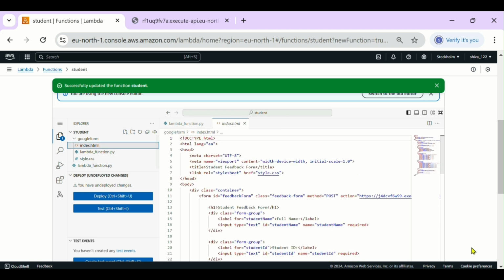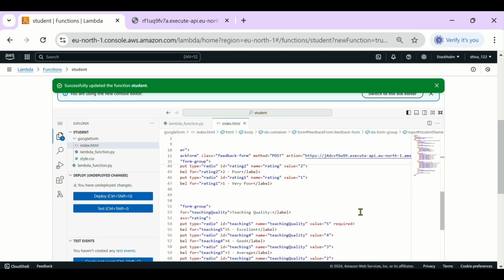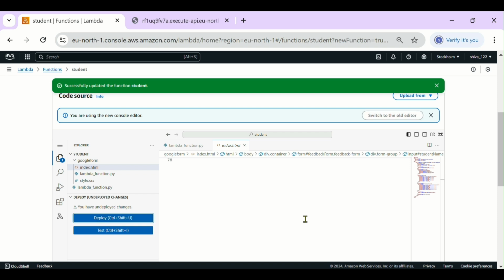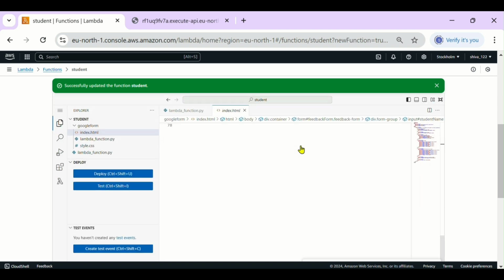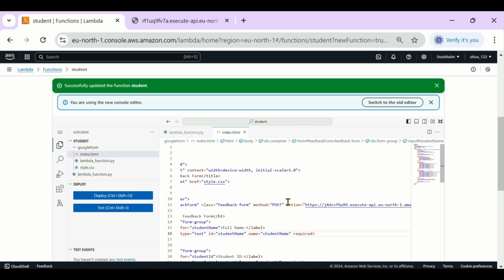These give the static properties for the web application, because we are going to generate a registration form which needs name, ID, and all those things. Okay, now deploy here with Control plus Shift plus U, and after the deployment is successful,